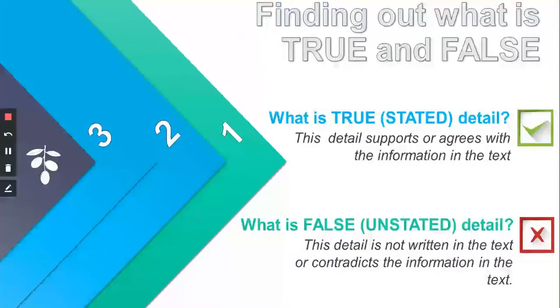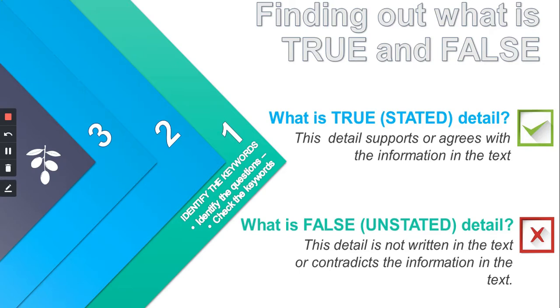So, this is the difference between stated detail and unstated detail. Kalau stated detail atau true detail itu dia mendukung atau sejalan atau sepaham dengan informasi yang ada di teks. Sementara yang false atau unstated detail itu dia tidak tertulis atau dia menyangkal informasi yang ada di dalam teks. Okay? So, how can we find out stated and unstated details in the text? Ada 3 steps yang bisa kita coba untuk mencari tahu stated and unstated detail. First one,